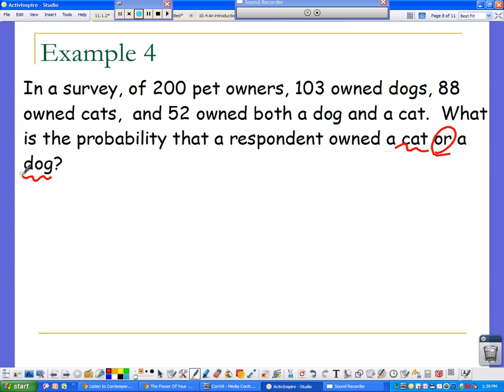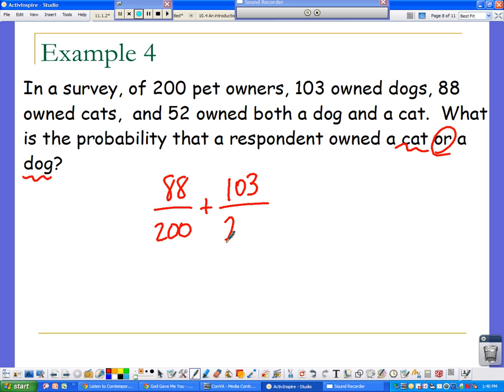So first of all, we determine that our total is 200. So we need to know how many owned cats. We find out that there are 88 that own cats out of our 200. Plus, then we need to ask how many owned a dog. And we have 103 that owned a dog